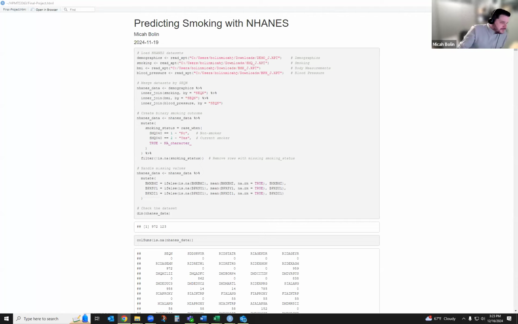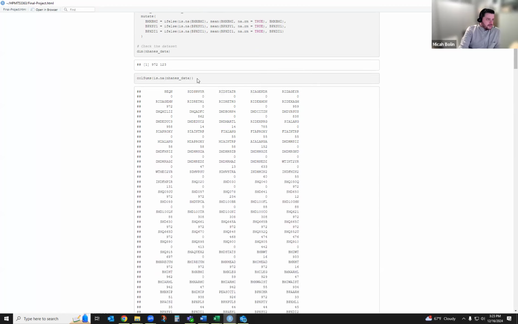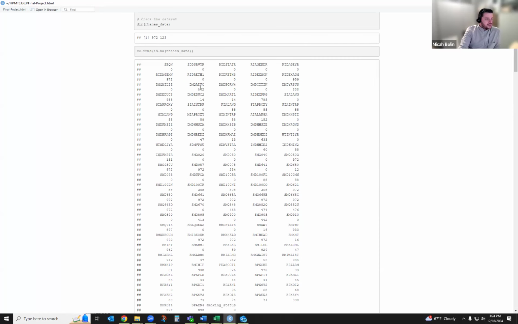I then did a little bit of data inspection based on some reading that I had done for this class, and then also outside the course from a different course as well. So I inspected the dimensions of the data set and confirmed that there were no missing values from the process, and ensured that the data was ready for the models that I was going to be running to explore the analysis. So the colSums and then the dimensions as well were the two that I was just speaking about.